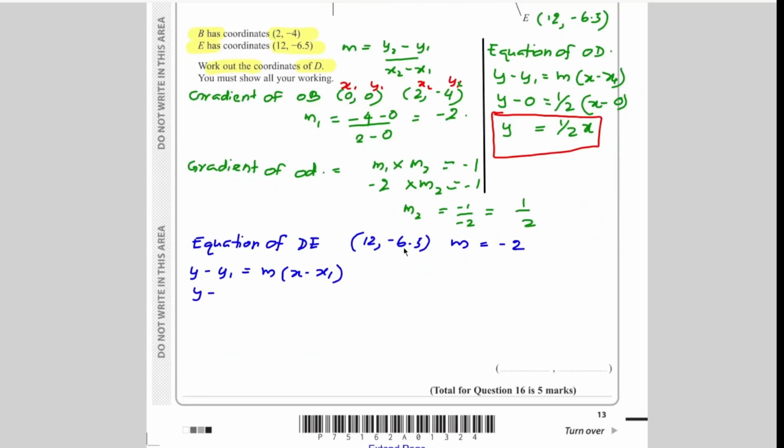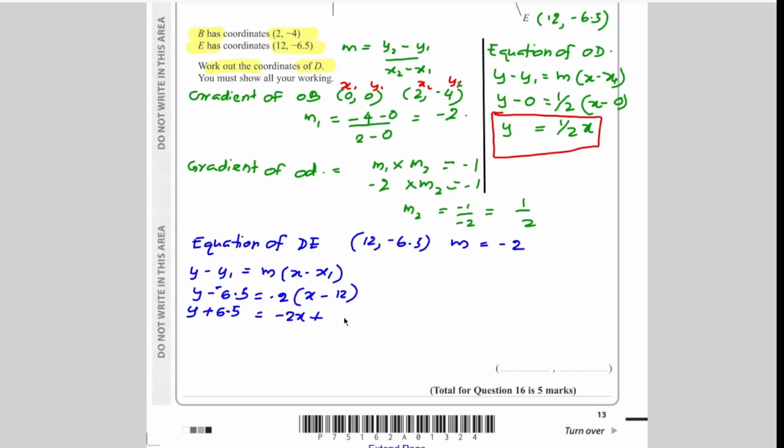So y1, which is minus 6.5, m is minus 2, x minus x1 is 12. So let's simplify this one. Once we simplify, y here, this is minus minus 6.5. So y plus 6.5 equals minus 2x